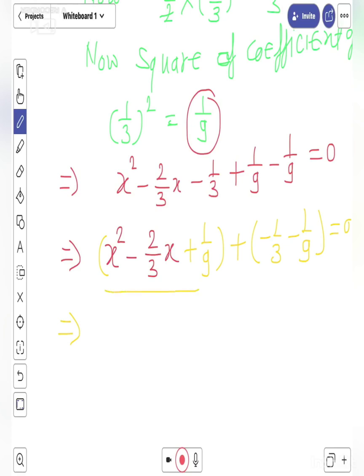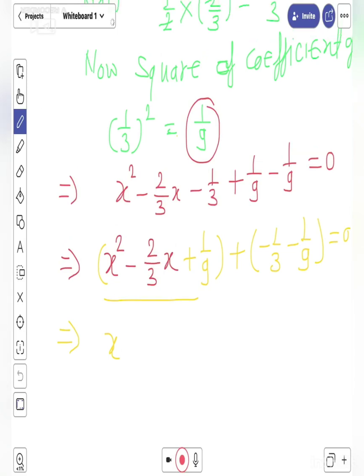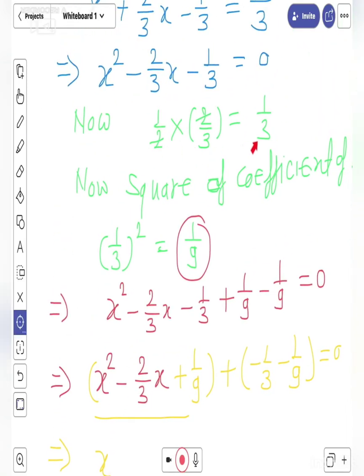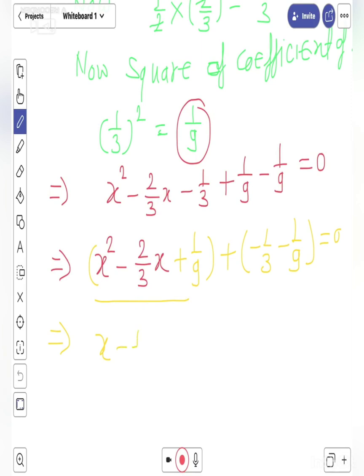Yes, of course, you will write this just into the form of whole square. That is, you will write first of all x, and observe what is the sign here. Here the sign is minus, so you will mark the negative sign in this place. And now what is the half of the coefficient of x? So the half of the coefficient of x you will find here is 1 by 3. So you will write here 1 by 3 also. So what to do after this? That is minus 1 by 3, and write this just into the whole square, and plus simplify this.